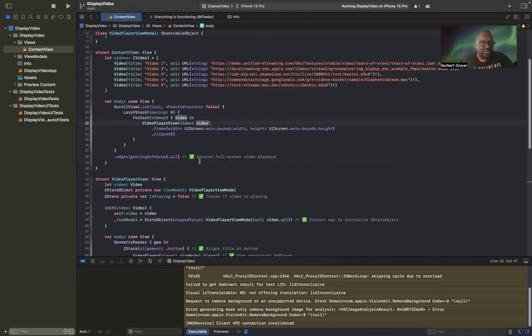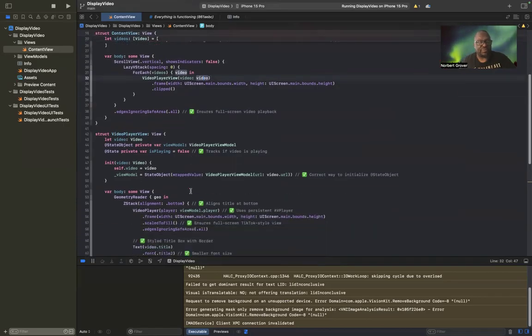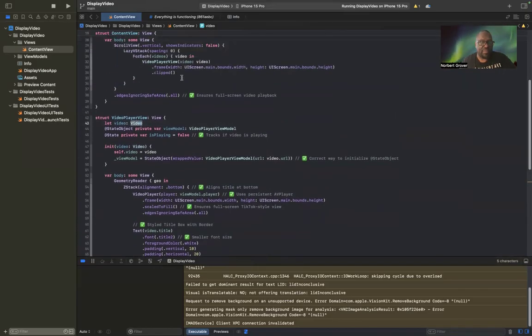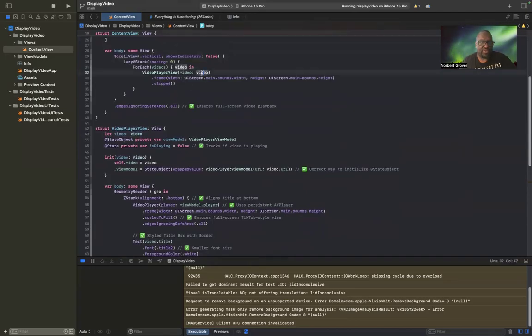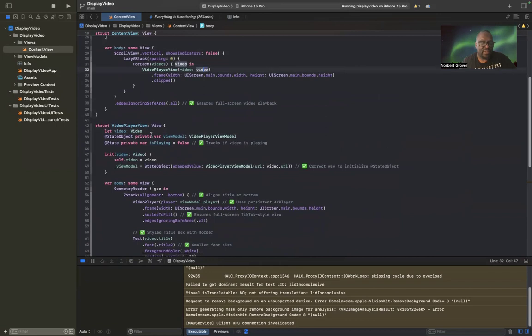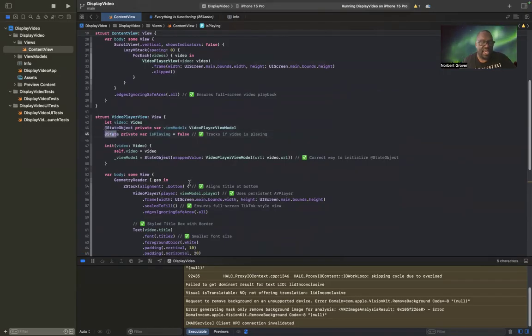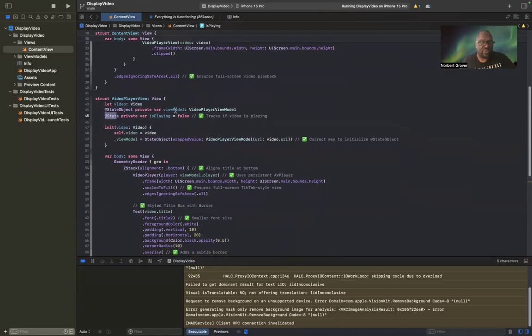Okay. And so now we have our video player view. Get down to our video player view. Again, our video player view has a video property, which is one of the properties that are passed to it, right? Video player view, which is the property that's passed to it to initialize it. And then, of course, we have our state object view model, video player view model, and our is playing property. State, which is the state, use the at state wrapper. Okay. Now, we need to, when we